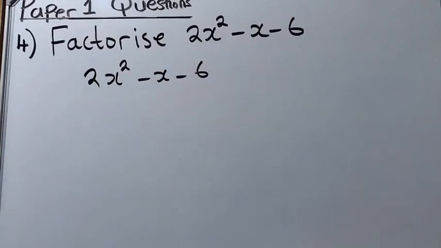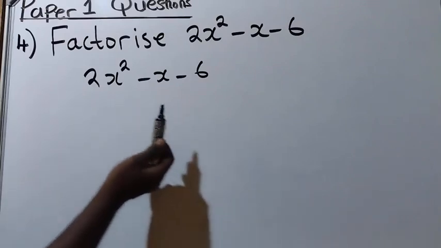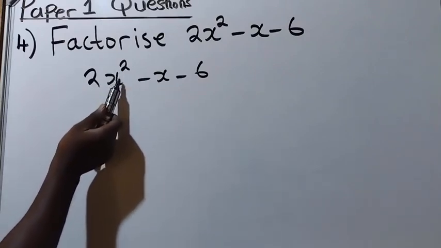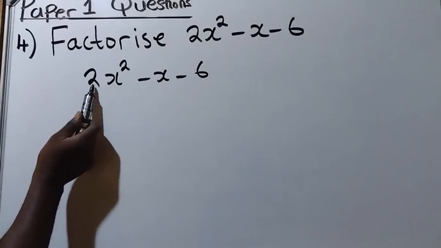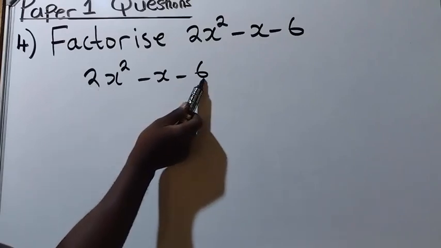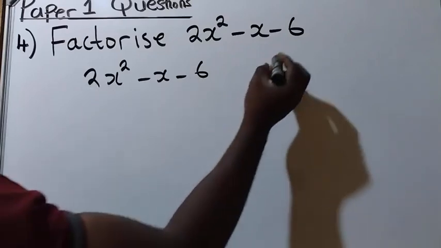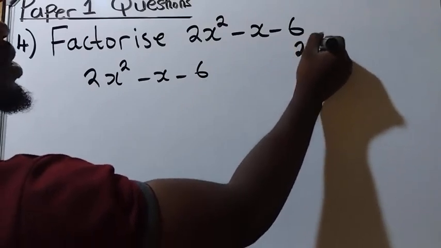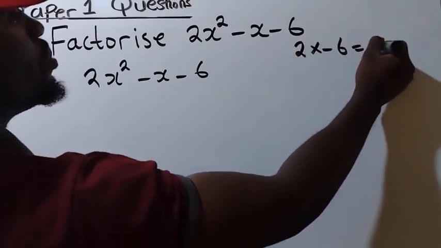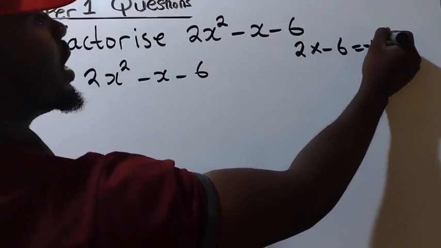If you want to factorize the quadratic expression, there are certain things that you must know. You must come up with a product. How do you get the product? You get the coefficient of x squared. This x squared, the coefficient is 2. And the constant is a negative 6. So I'm going to multiply these two. You say 2 times negative 6. Your product is going to be a negative